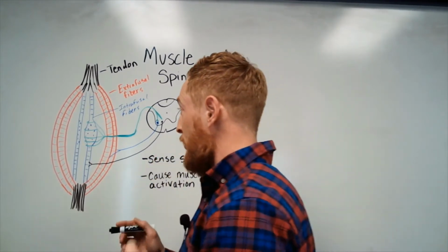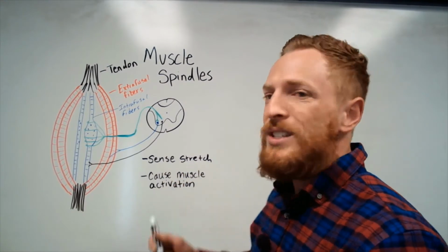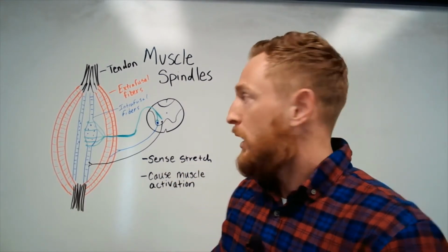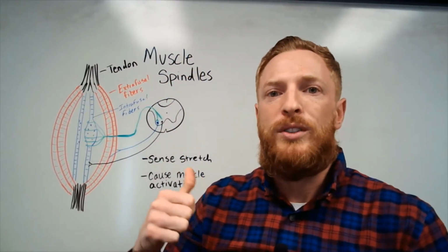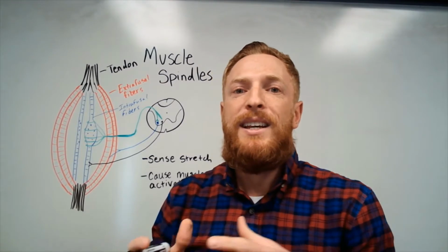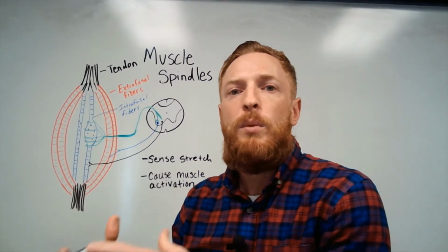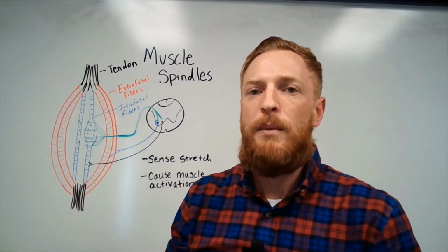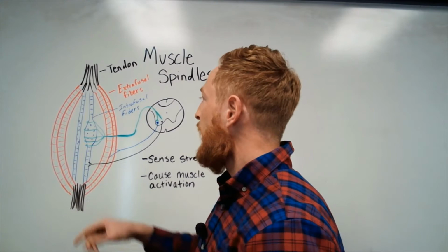And those muscle spindles are going to sense stretch within a muscle. So when a muscle contracts and it stretches, the muscle spindle will detect that stretch, and they will also detect the rate of that stretch. So these proprioceptors are mechanoreceptors. So when there is a mechanical signal, when there is a quick stretch to a muscle, they are going to